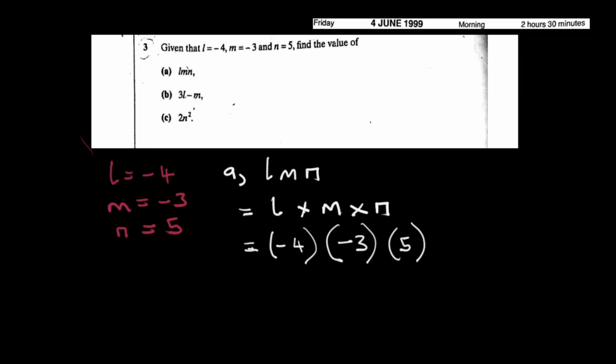Equally, without having made any error, you could have just written it like this: -4 times -3 times 5. But I see the use of brackets to be more efficient, and I think 3(b) is going to demonstrate the reason why I think we should always put our substituted values in brackets. So let us take on the multiplication.